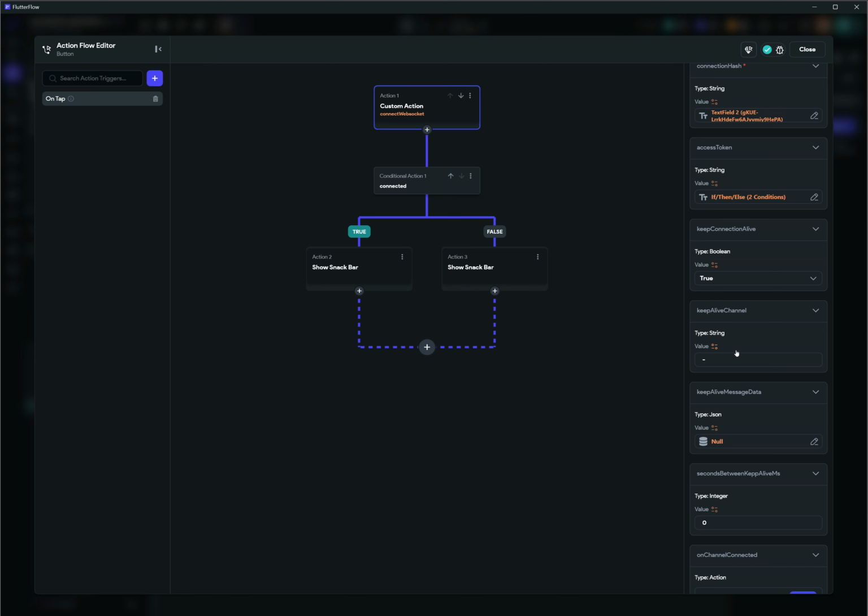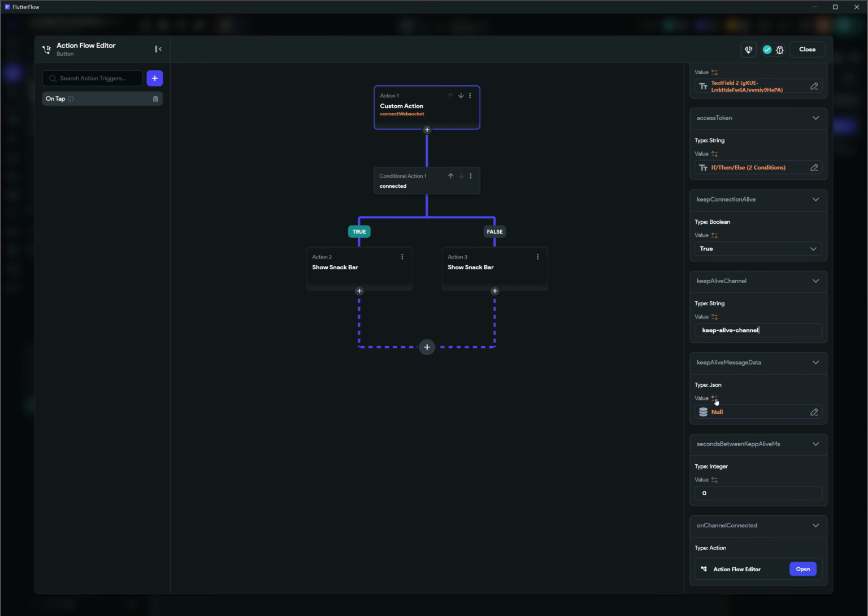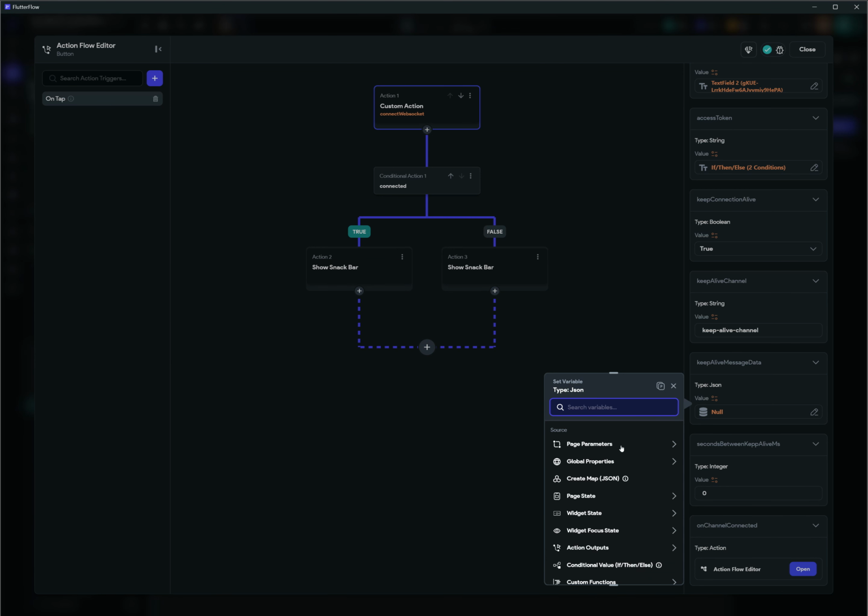This is the tab, and I'm going to pass this name of the channel to this parameter, Keep Alive channel. There it is. And here you can build the message data you want to send. And to understand this, when you pass a message, you want to pass some information to it. In this case, we are going to pass a simple JSON that we can create with this action here,